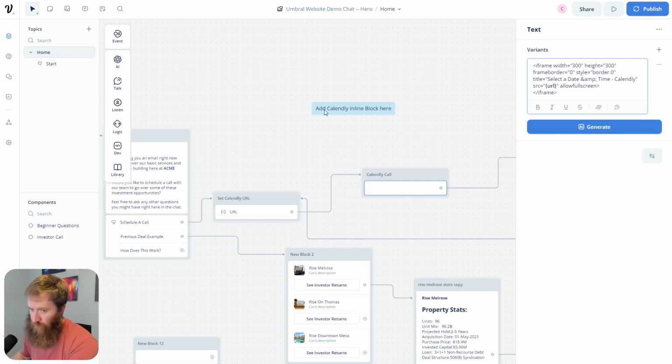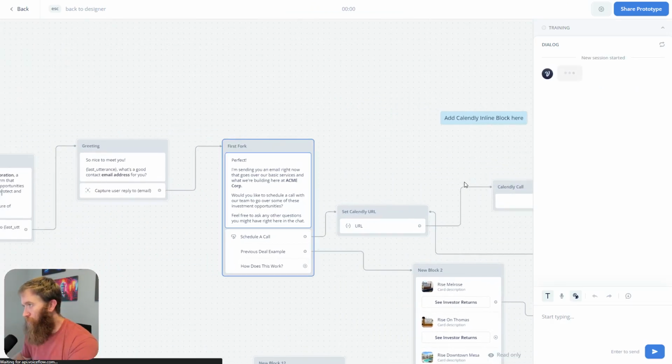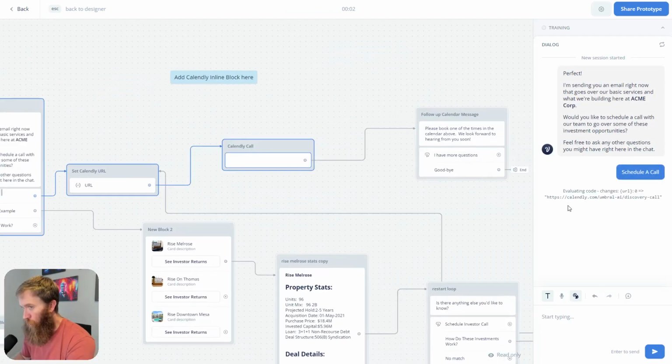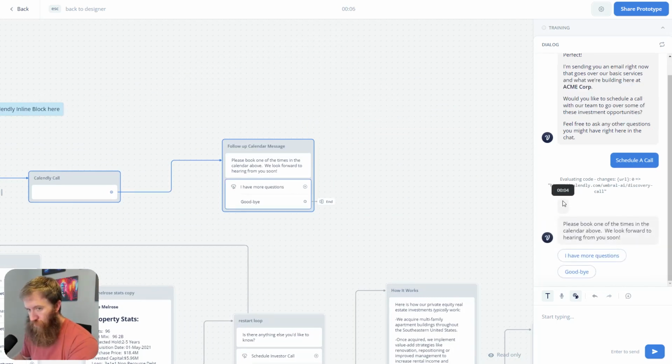So what happens if we test this in VoiceFlow itself? So if I start the test from here, say I want to schedule a call, nothing happens. You see this gray box here? And that is just because the testing ability of VoiceFlow on the back end does not show this. But if you were to view this on the front end, which I'm going to show you here right now,